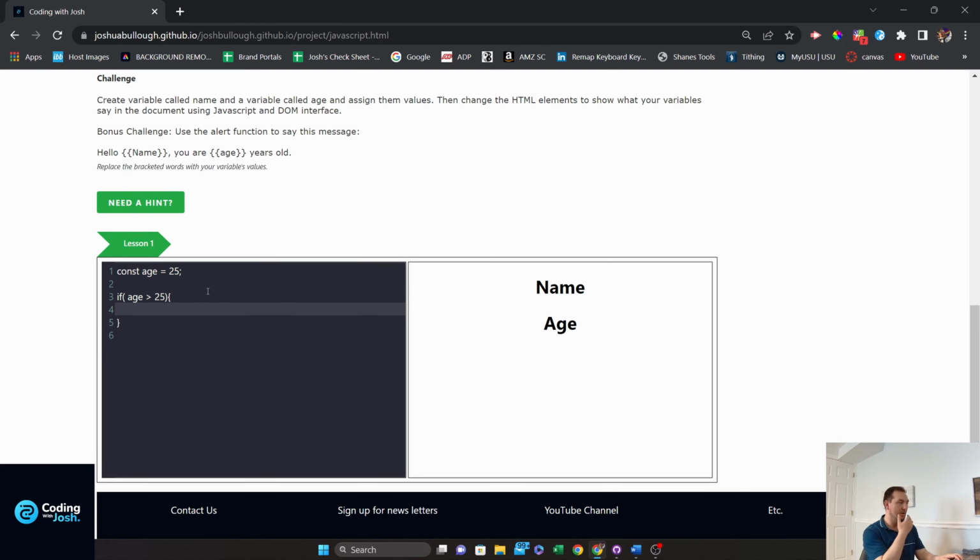then, by the way, to comment, I didn't cover this in the last one, the way to comment in JavaScript. If you want to put a comment for yourself and not have it read in the code, just put 2 slashes. So we're going to say this one's too old. Then we're going to do an else if, and we're going to say age is greater than 16, and we'll say can drive, and then we'll say else,